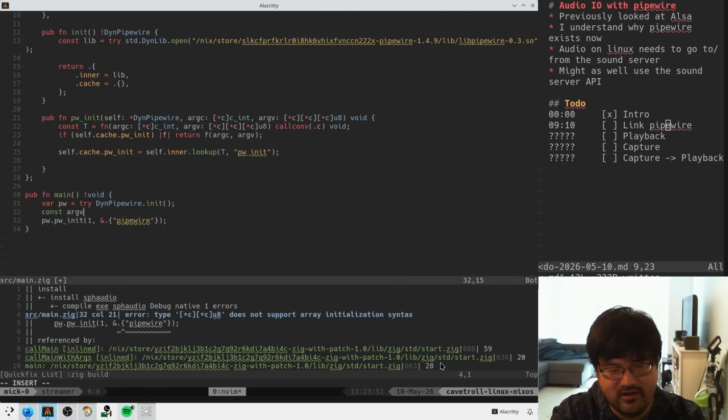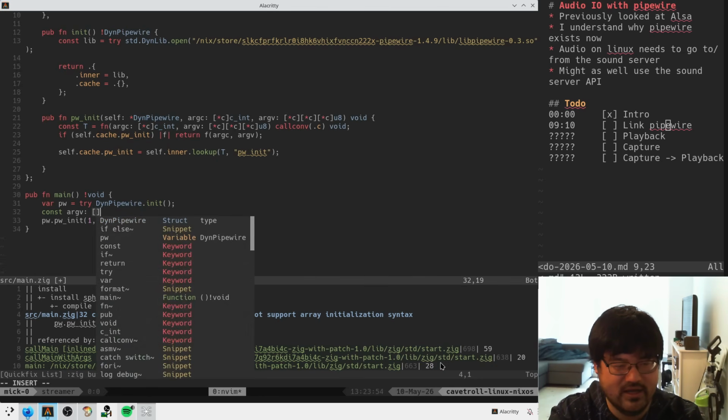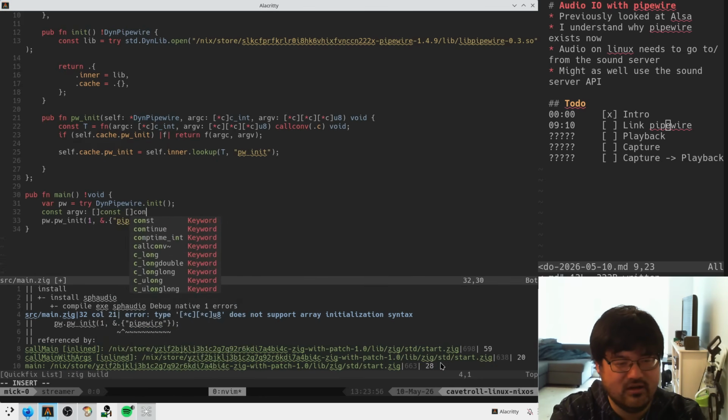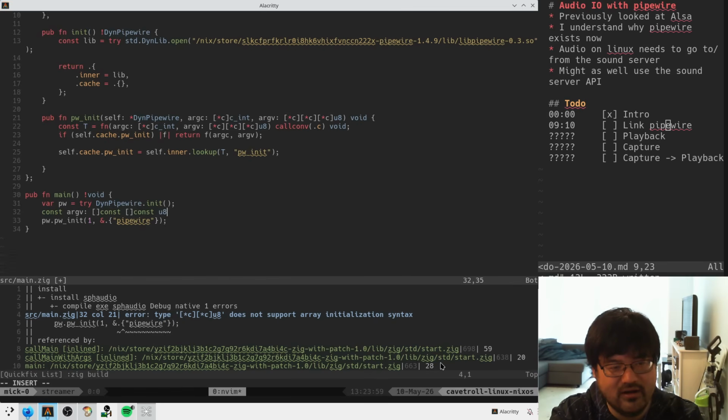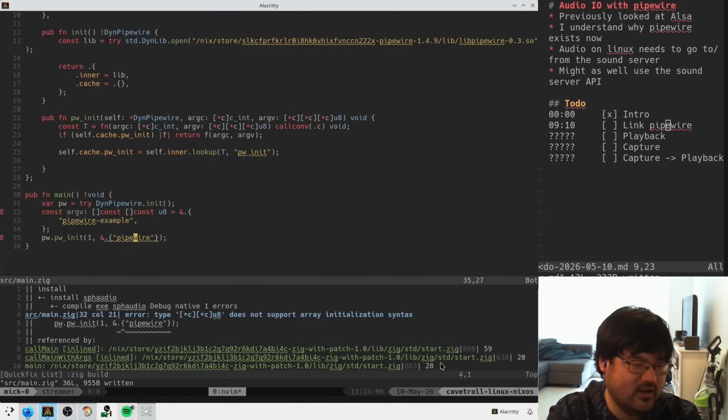Argv. Oh my god. So this is like a slice of u8 equal to hello world, or like Pipewire example. Okay. And then here we pass in a pointer to argv pointer,